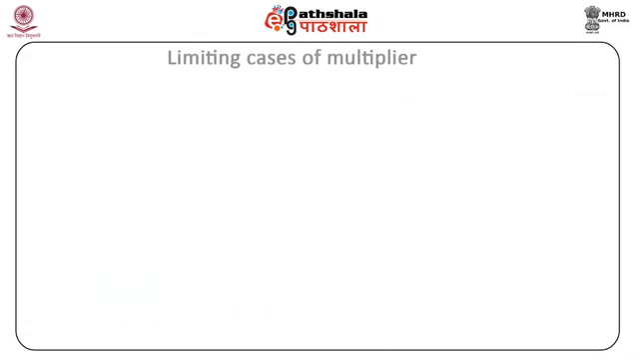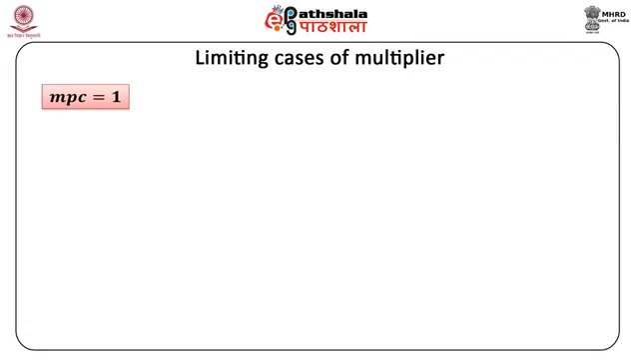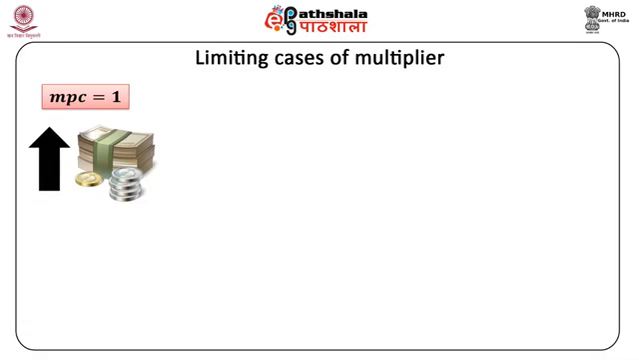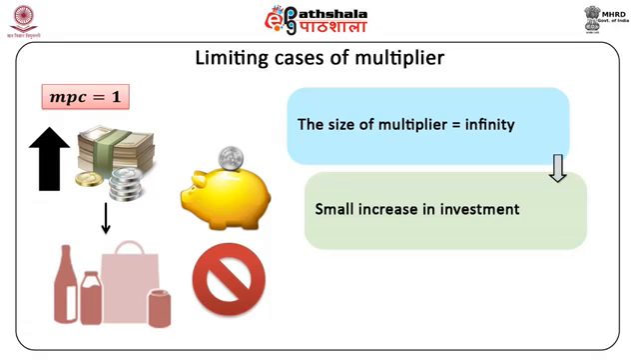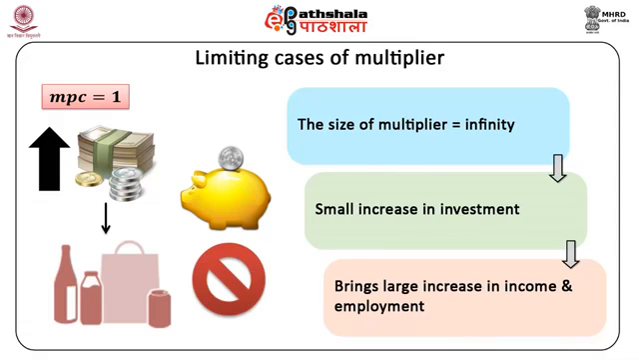There are, however, two limiting cases of the multiplier. One limiting case occurs when the marginal propensity to consume is equal to 1, that is, when the whole of the increment in income is consumed and nothing is saved. In this case, the size of the multiplier will be equal to infinity, that is, a small increase in investment will bring about a very large increase in income and employment so that full employment is reached and even the process